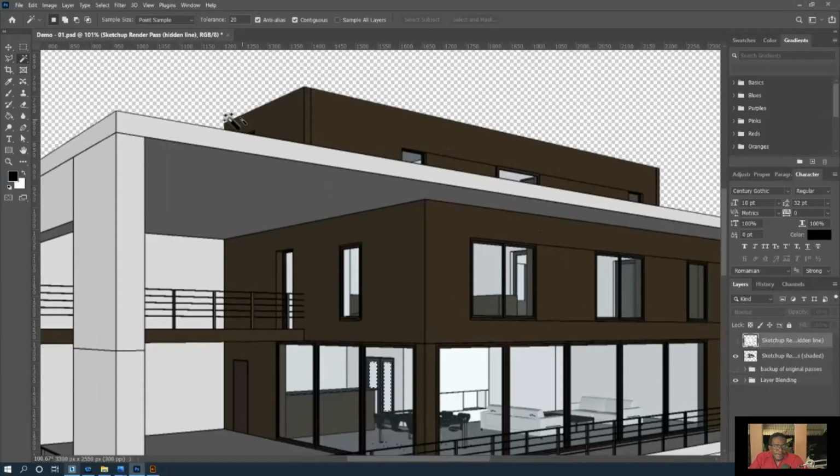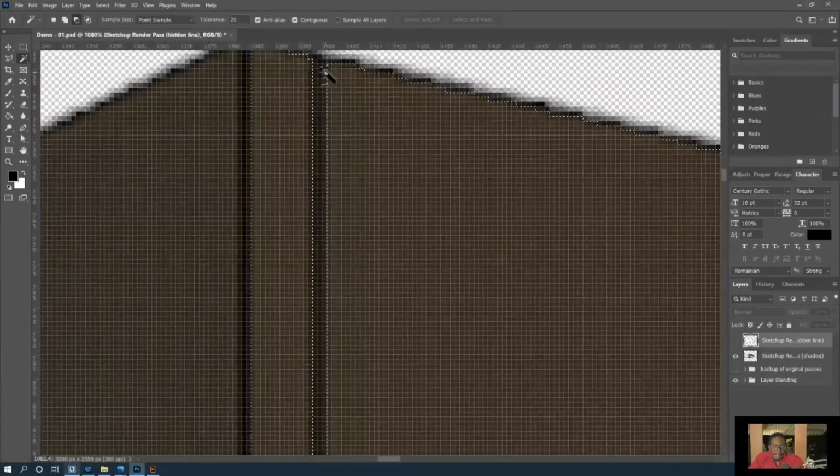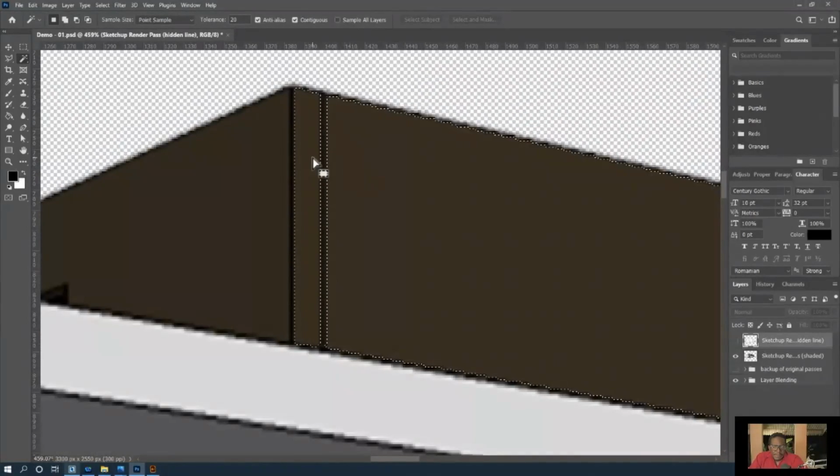Now I could use my magic wand to select this layer here, and then select this layer here. Then I would have this gap here to select,